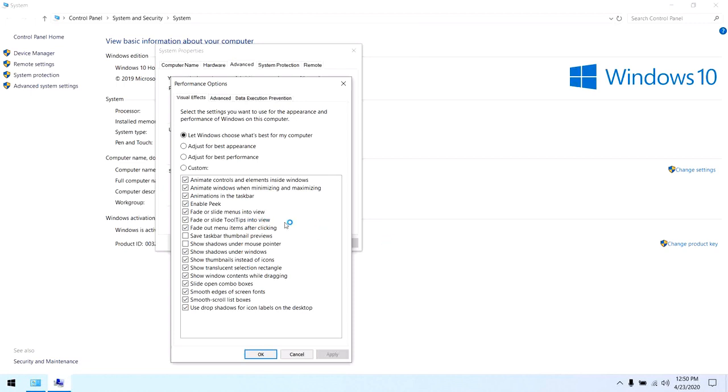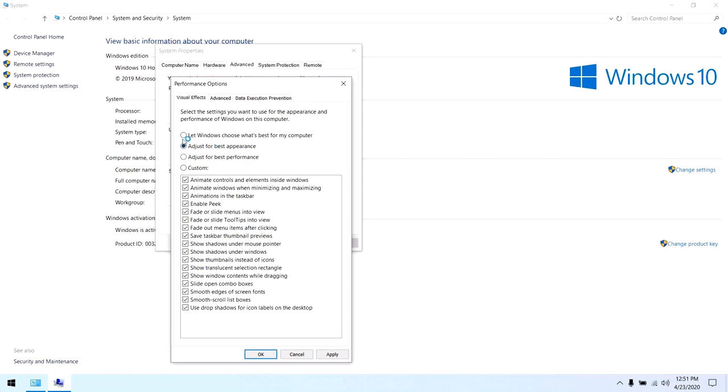Just read these things, and if you don't want some particular thing, then just untick it. If you want to adjust your computer for best performance, just click on adjust for best performance, or if you want the best appearance, then just click on this. Actually what it does is it just eliminates the animation part, nothing else.